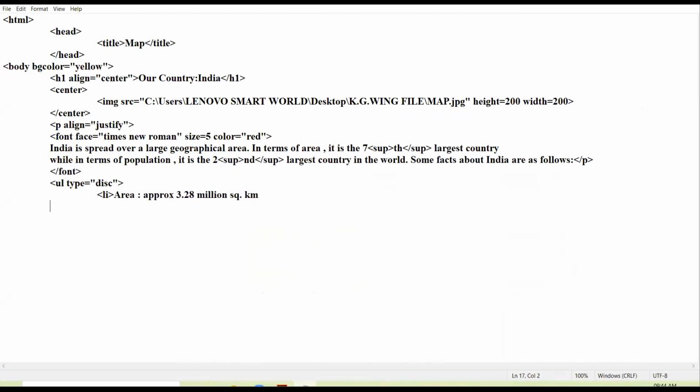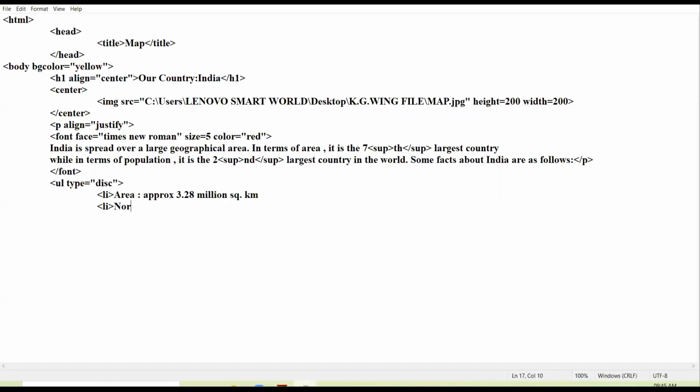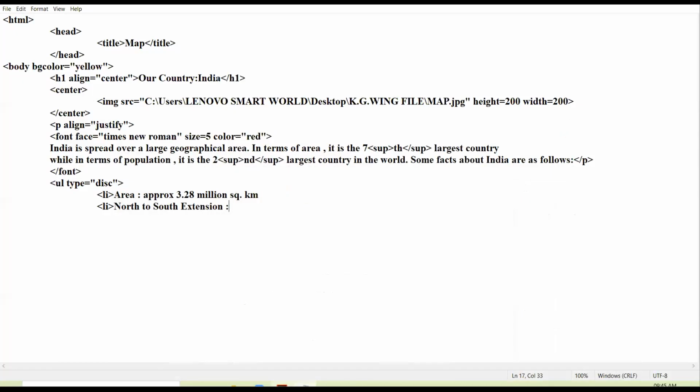Then I have the next list item, that is north to south extension approximate 3,200 kilometers.